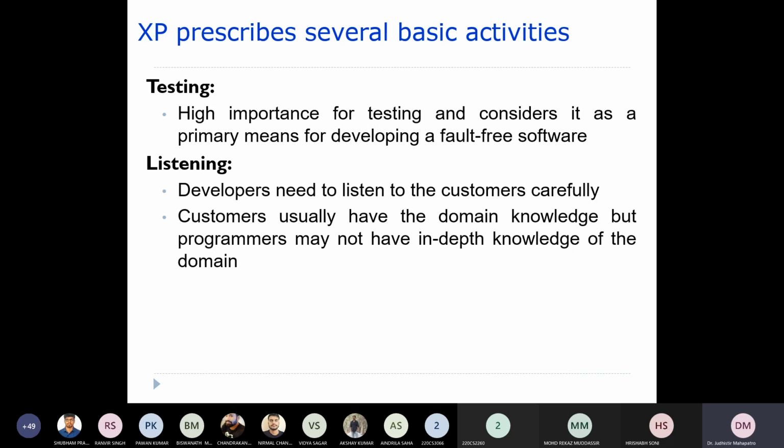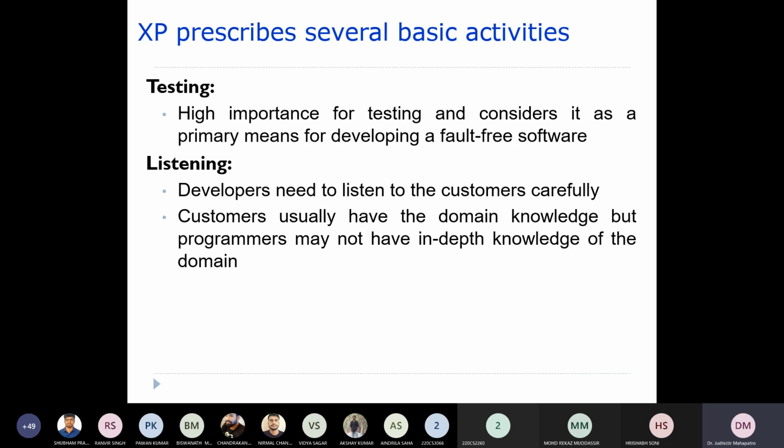That is because usually the customers are the users, the people who are going to use that particular software. They usually have better domain knowledge. That is the reason why you should always listen to them. Let's say you are going to develop software for banks.